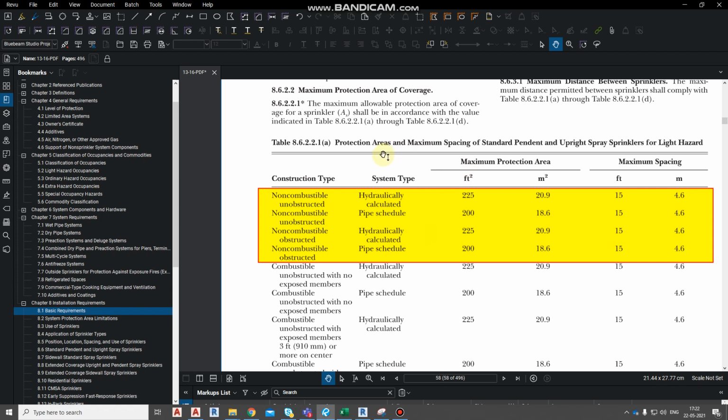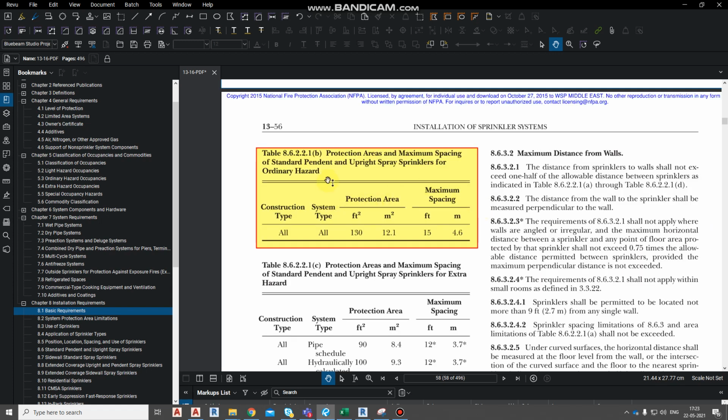Here it gives the protection area and minimum spacing for standard pendant and upright spray sprinklers of light hazard occupancies. For non-combustible obstructed construction, if we provide pipe sizes based on hydraulic calculation, then the area for one sprinkler can go up to 20.9 meter square, and if we are providing as per pipe schedule, we can go 18.6 meter square as per NFPA 13 for light hazard occupancies.